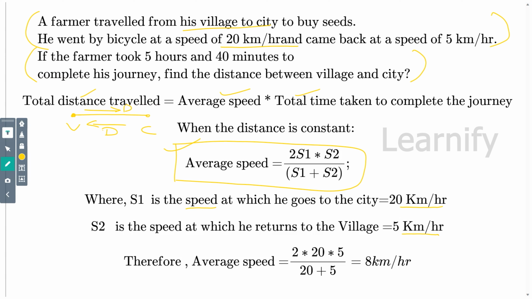So, therefore, average speed is equal to: we substitute 20 in place of S1 and 5 in place of S2. So, the average speed is 8 km per hour. So, half of the question is completed. We have got the average speed, 8 km per hour. Now,